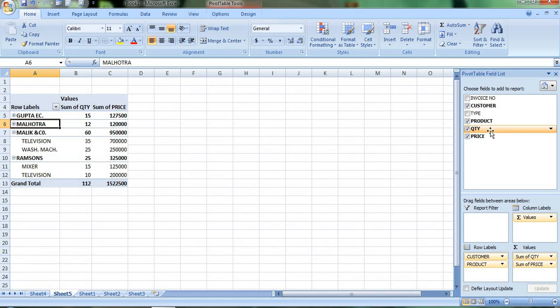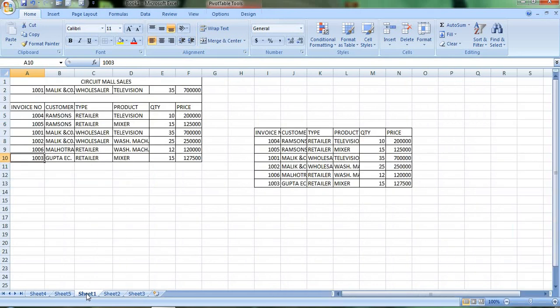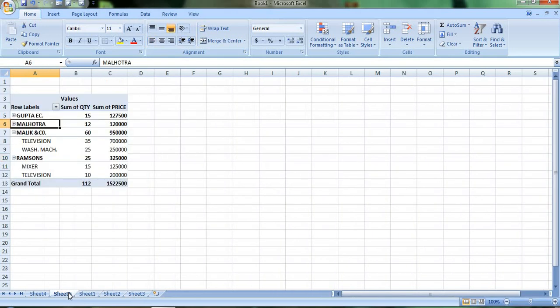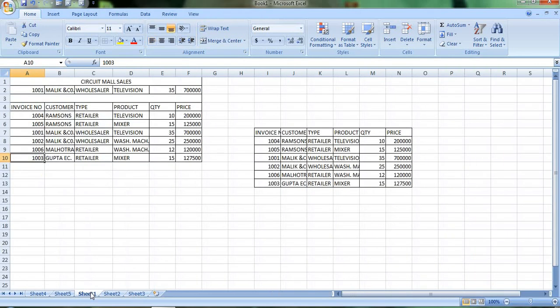Now lastly, save the file by pressing the Ctrl S key combination. Okay, now the work I have made, I will save with Ctrl S from here. See, if I press Ctrl S, my work will be saved automatically. My file will be saved. This is my sheet 1 and here is my sheet 5. Here in this the pivot table is there. This is my sheet 1. My work will be saved accordingly.